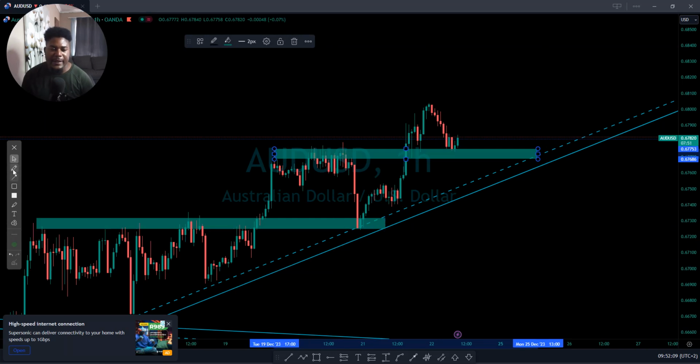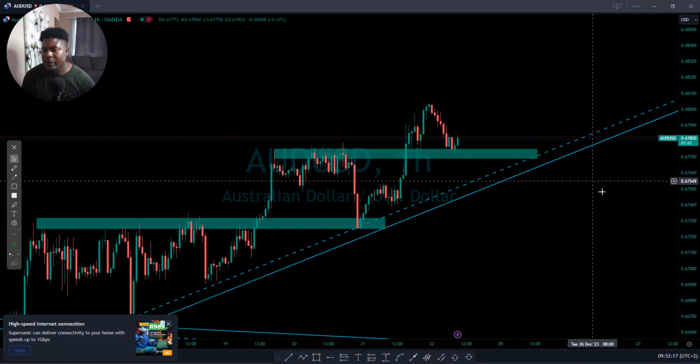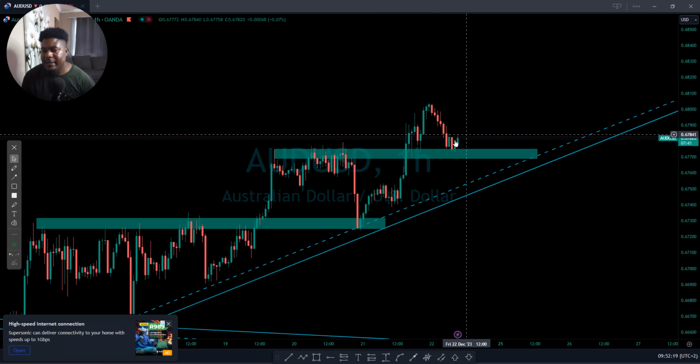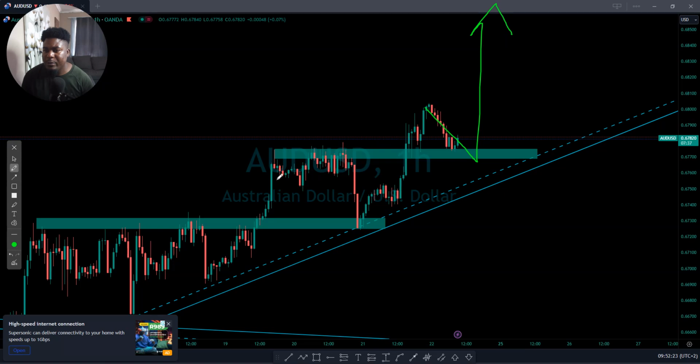So you can see that now we are pushing to the upside. The market might continue doing something like that. I hope you see that. So this is what I see: the market is creating a resistance there, which means we are supposed to have a very nice bullish momentum.